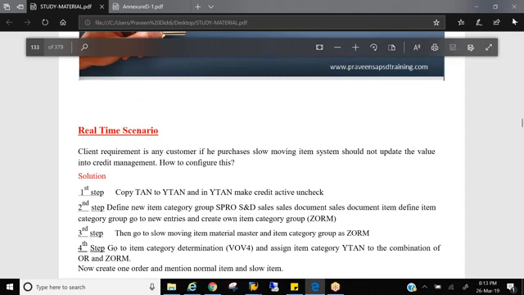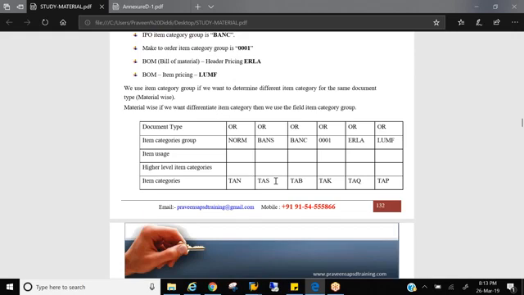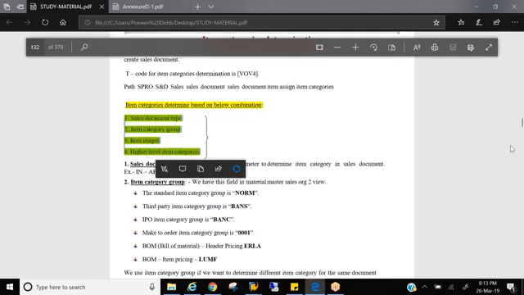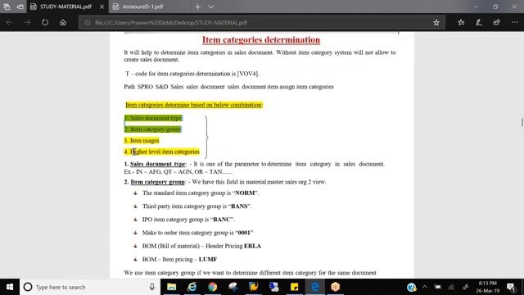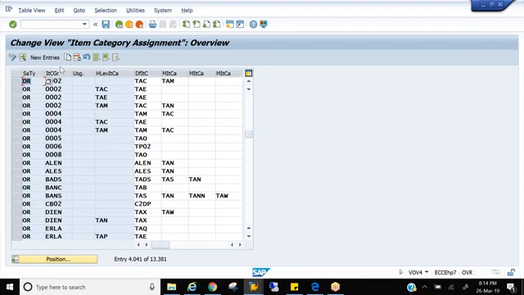Out of that, very frequently we use these two. And whenever we have a sub item, we use this higher level item, and for an automatic item category, we use this. That means, let's say if I want to determine free goods, then OR norm with higher level item TAN will determine free goods called TANN.